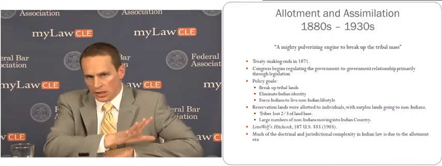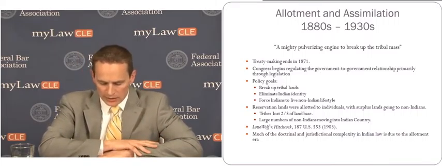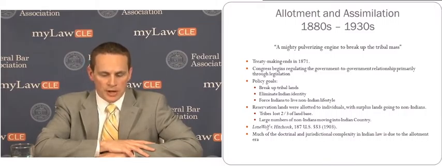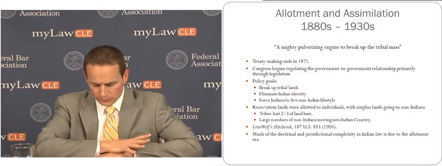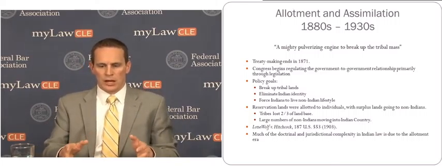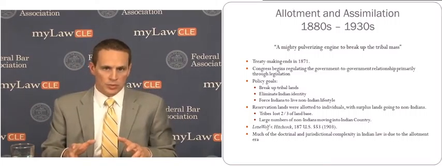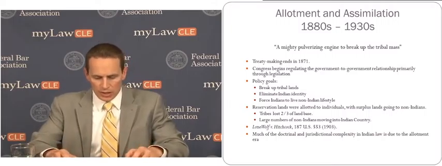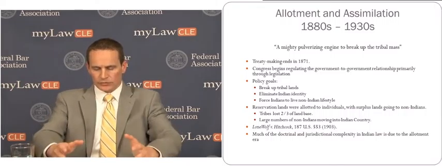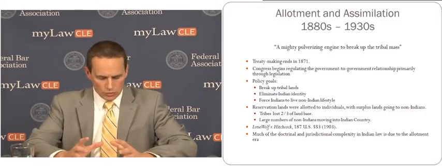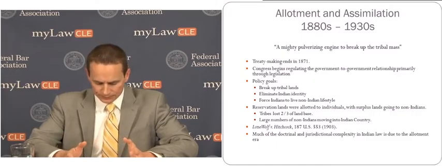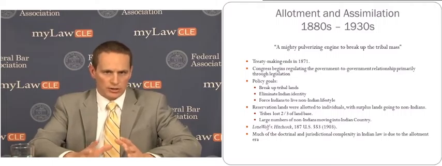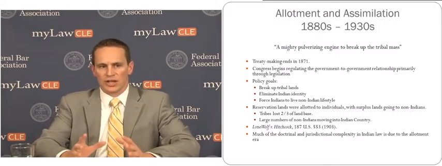So in 1871, treaty making ends, and Congress begins to regulate the government-to-government relationship with tribes primarily through legislation. And the various allotment acts that were passed by Congress were the primary mechanism of this allotment policy. And so I'll describe for you a little bit about what I'm talking about with allotment. But first, I guess the underlying notion of allotment and assimilation was this idea that